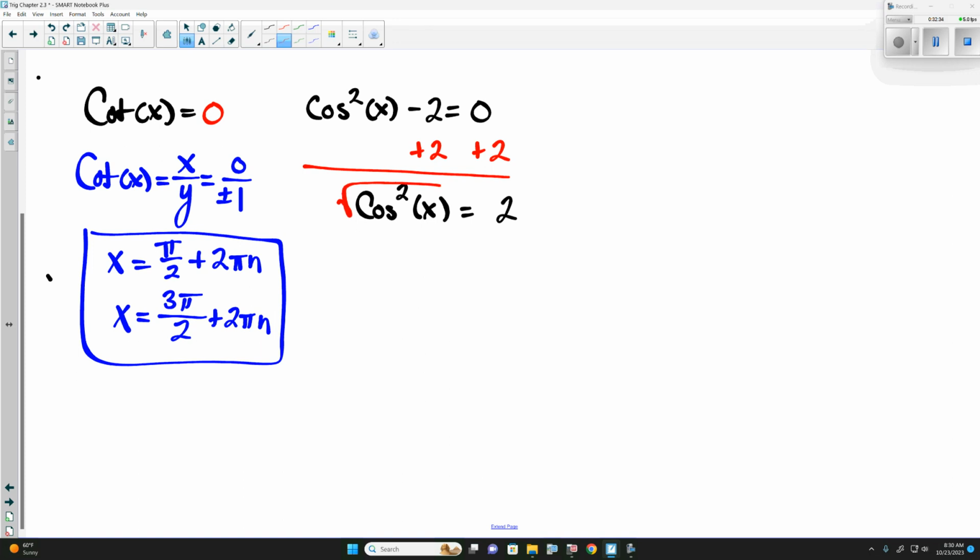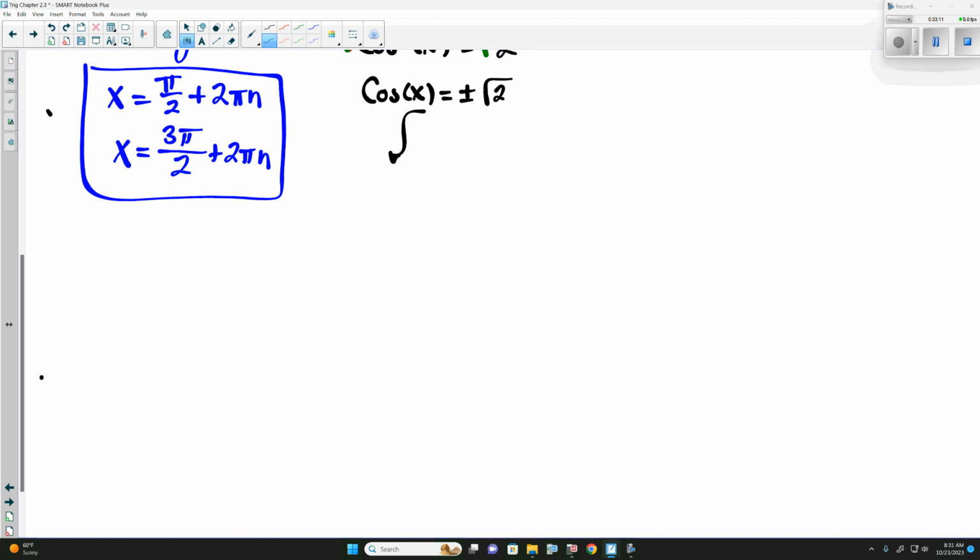At this point, we can take the square root of both sides, telling us that cosine of x is equal to plus or minus the square root of 2. Is that on the unit circle? Well, no, because our only square root of 2 one is at 45, and that's square root 2 over 2. So we can use our cosine inverse from here,